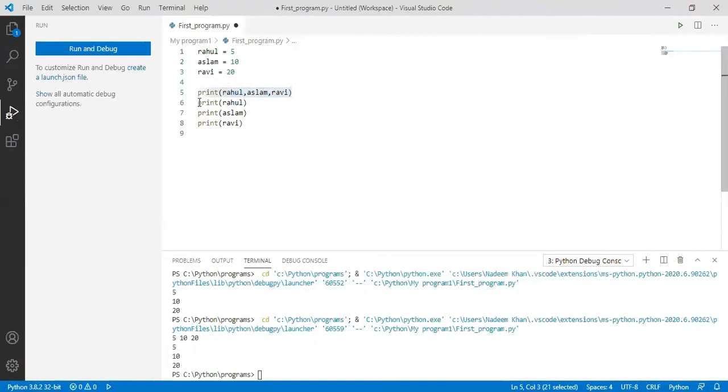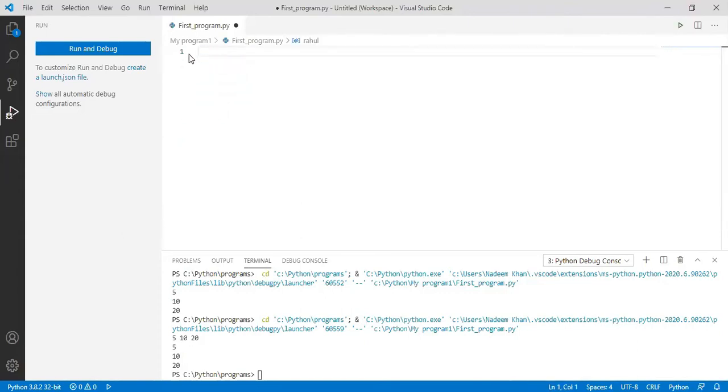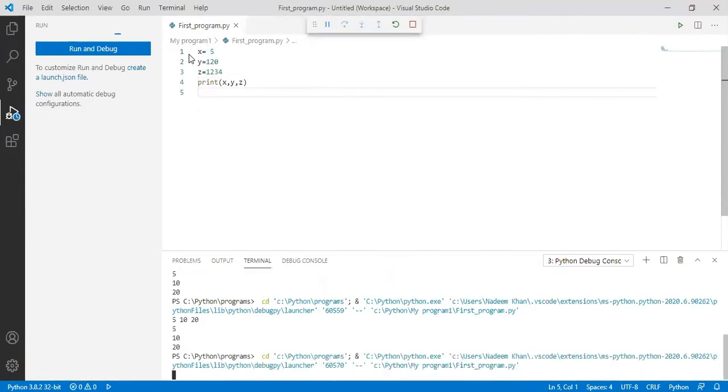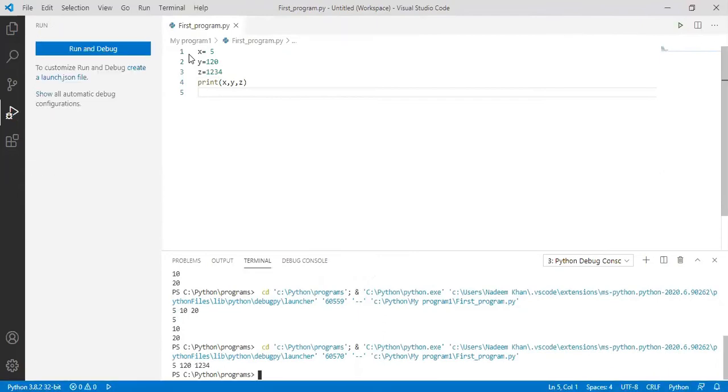But when we print separately, it gives the output in different lines: first for Rahul, then Aslam, then Ravi. You can do it for anything, like x is equal to 5, y equal to 10, z equal to anything, and you can print them. So today's task is to try this, printing in the same line and printing in different lines.